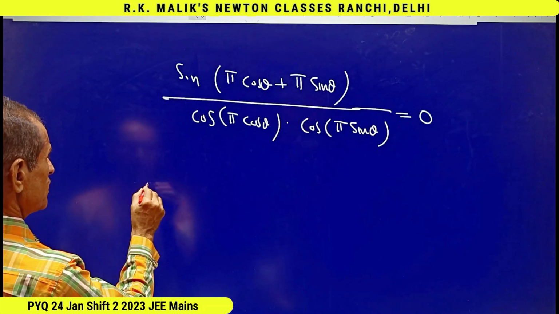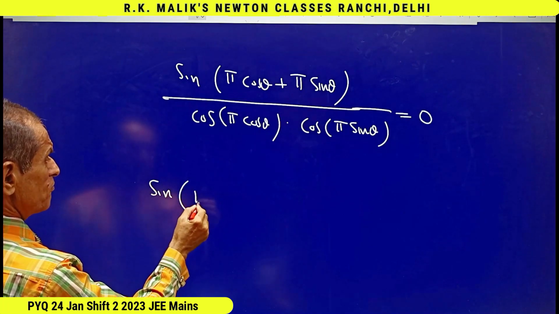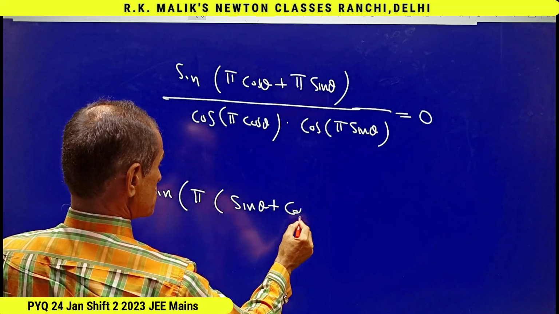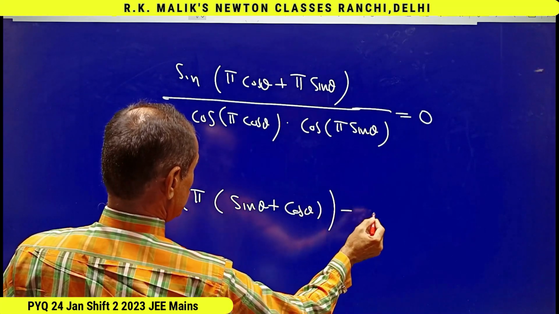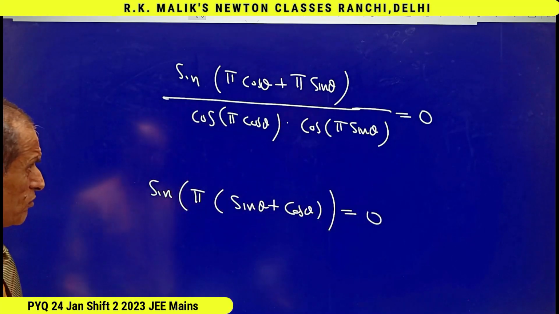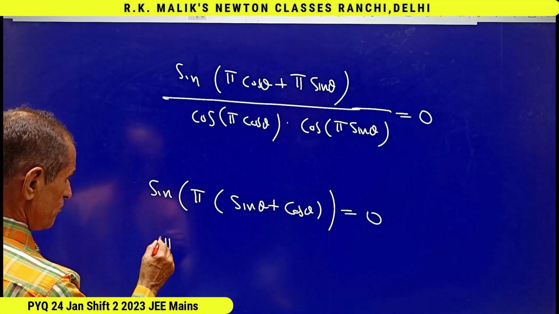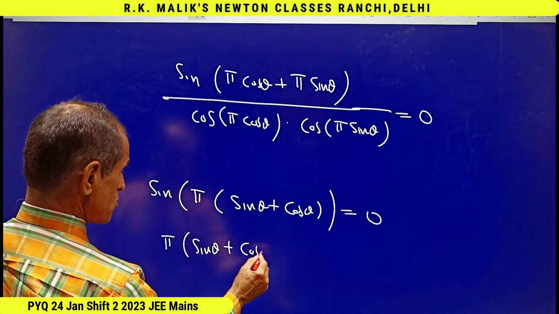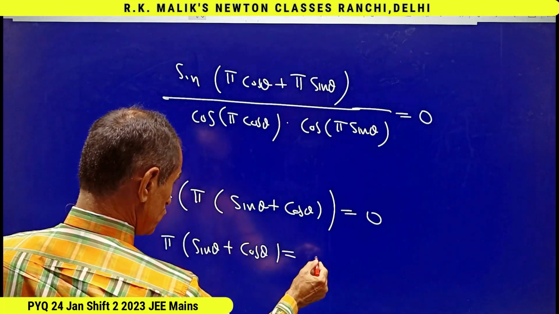And that is, I get sine of pi into sin theta plus cos theta equal to 0. It means pi into sin theta plus cos theta is equal to 0,